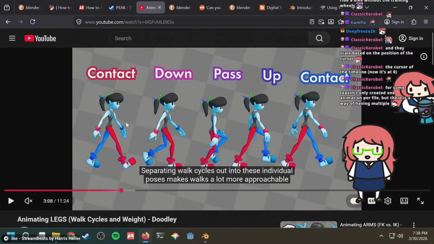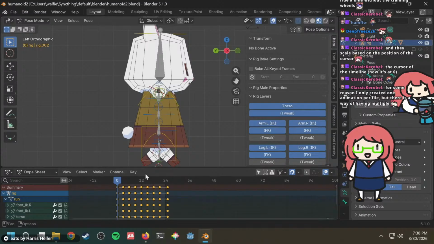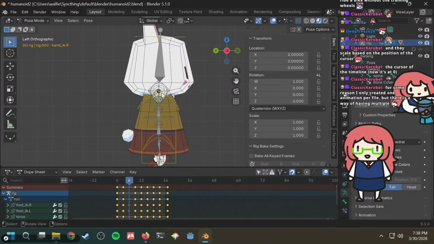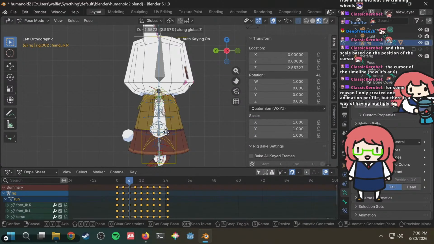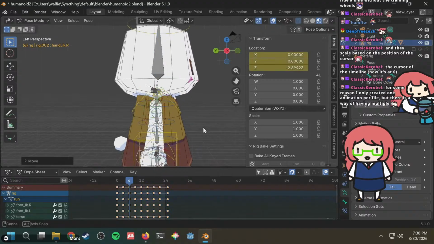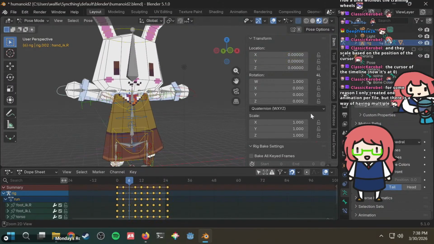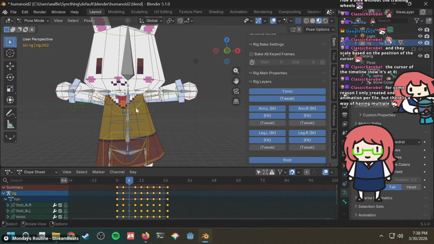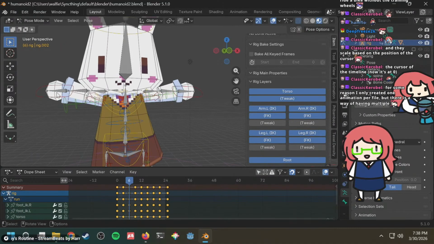Alright, I guess we start with the pass pose. Pass pose has both arms to the side. As we all know, the pass pose is in the middle, right here. Alright, then here, you grab this, you move it down. Like this. Oh, now it's stretched. Okay, we need to disable IK stretch. Oh no, now it's rotated. Wait, it's rotated? Oh no, it's because, okay, because the body is rotated. That's why.